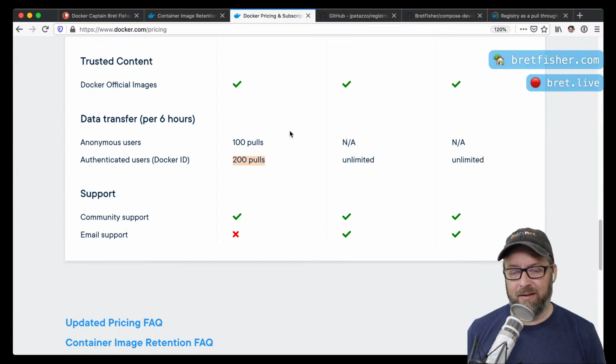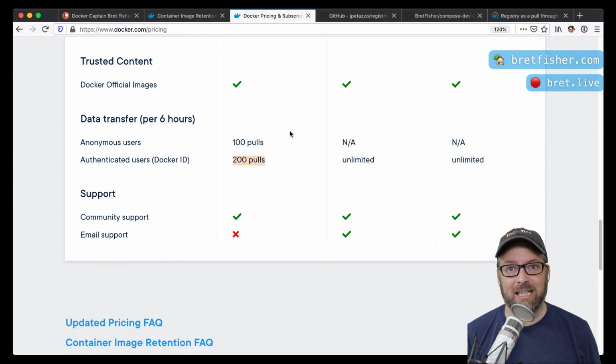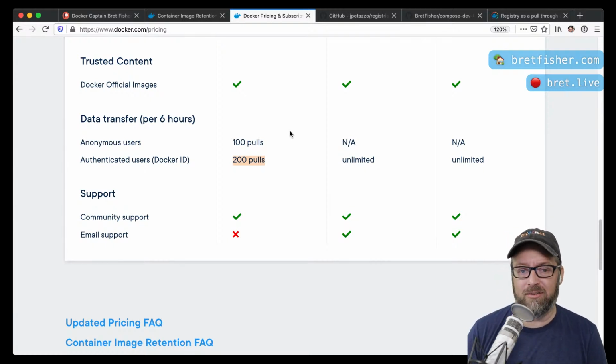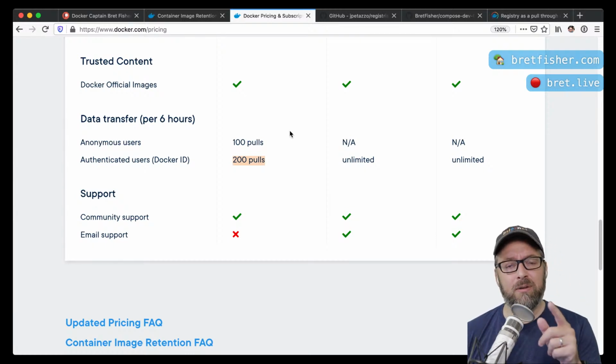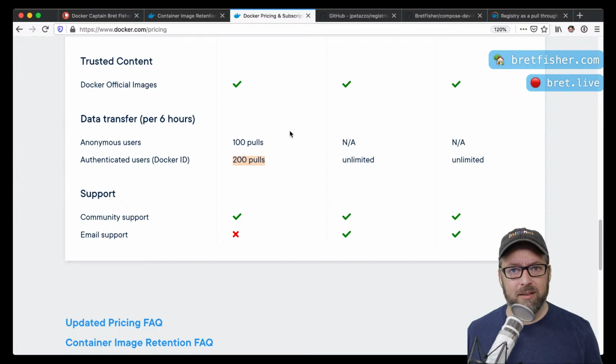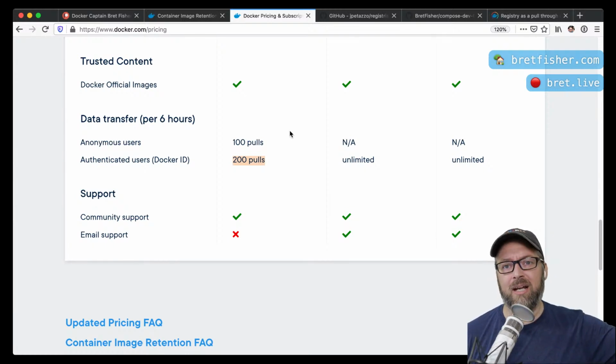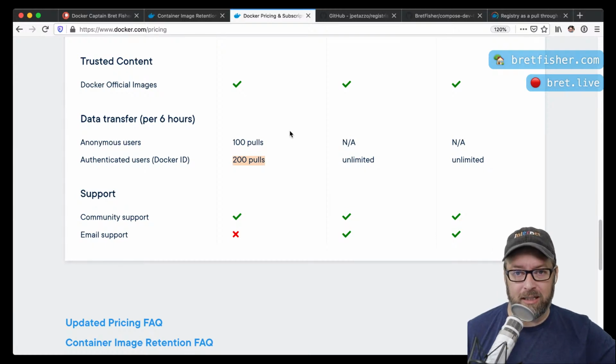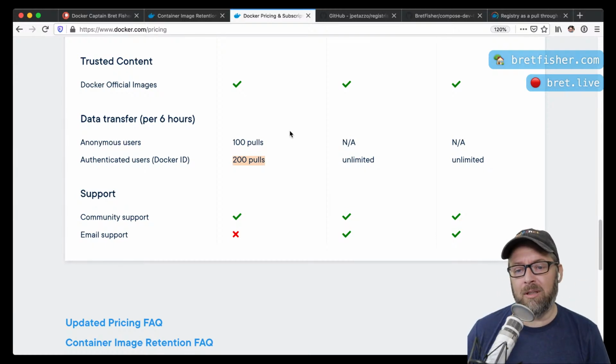Personally, I would have liked to have bigger limits and then sort of ratchet this down over time. But these limits are per 6 hours. It's not per day, and it's a rolling 6 hours. So in the last 6 hours, if you haven't pulled 100 images, then you're fine, right? You're totally fine. And most of us on our local machine, we're never going to hit those. But if you're behind a corporate firewall and there's 20 of you, and you're all using Docker every day, you're all going to look like the same IP address from the internet, and thus you're going to be blocked as a company if you're not careful. So this is something that we're going to have to start caring about. And I think the caching is one level of it.